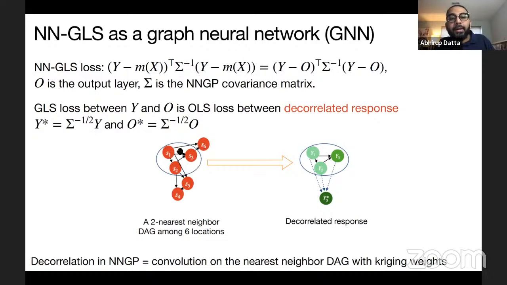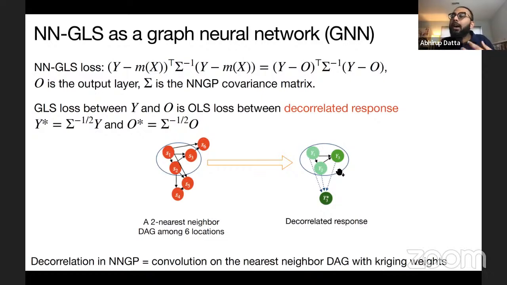For example, node 3 has neighbors 1 and 2, so Y star 3 will only be a linear combination of Y3 and its neighbors Y1 and Y2. The decorrelation operation using the nearest neighbor Gaussian process is a linear combination over the neighborhood of the directed acyclic graph in the NNGP, and the linear weights are simply driven by the nearest neighbor kriging. So decorrelation in NNGP is equivalent to convolution on the nearest neighbor graph with kriging weights.